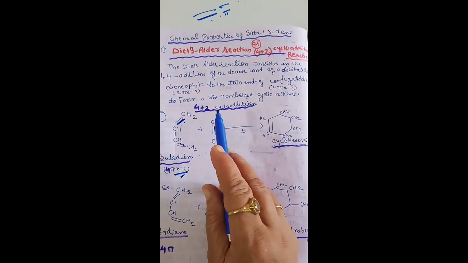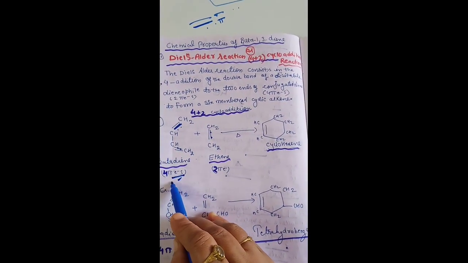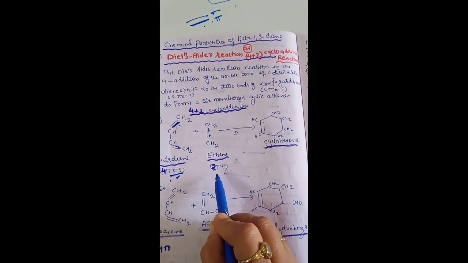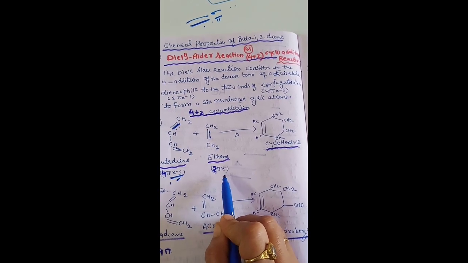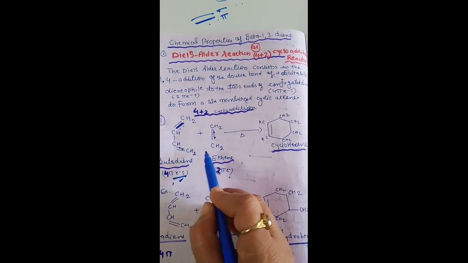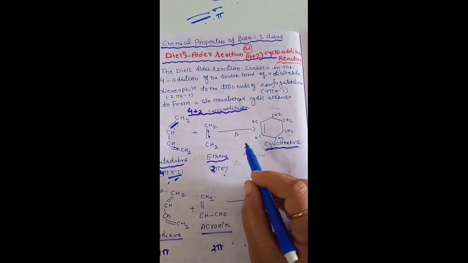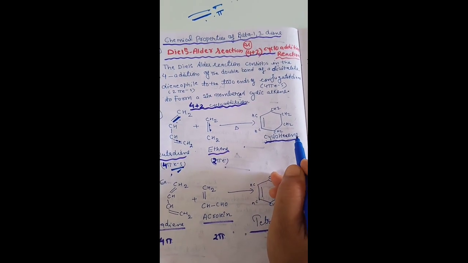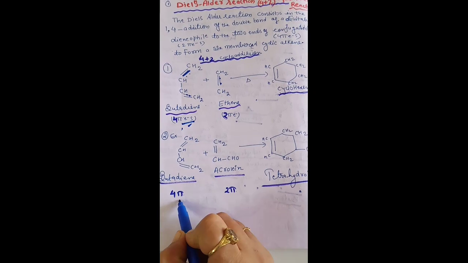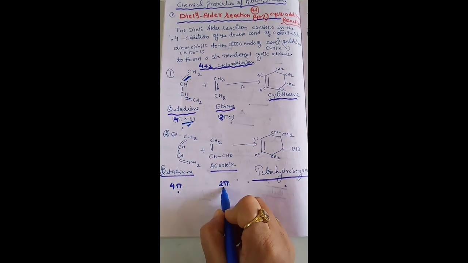So once again, Diels-Alder reaction, what happens? One 4 pi electron system and one 2 pi electron system. They are also known as the dienophiles. They will make a cyclic structure and it will convert to the cyclohexene. Similarly, second also, when the 4 pi electron system is added with the 2 pi electron system, they will form